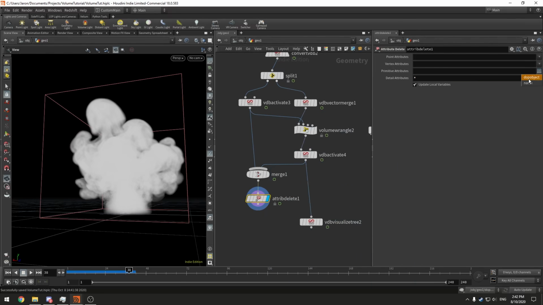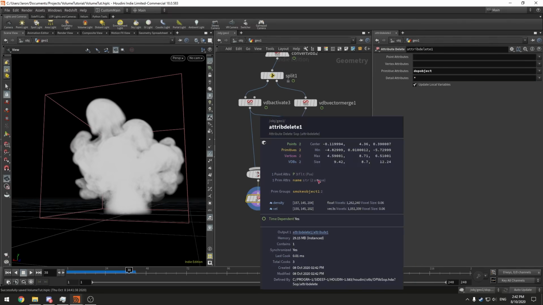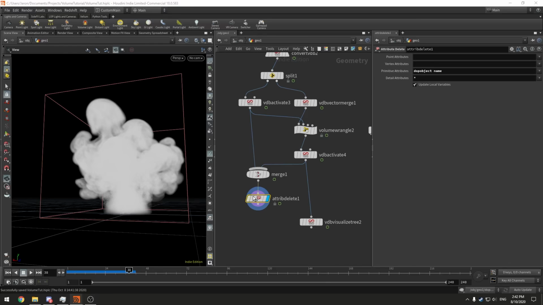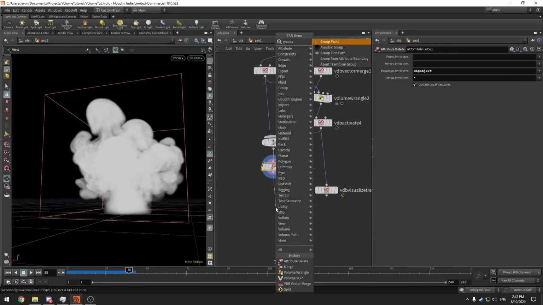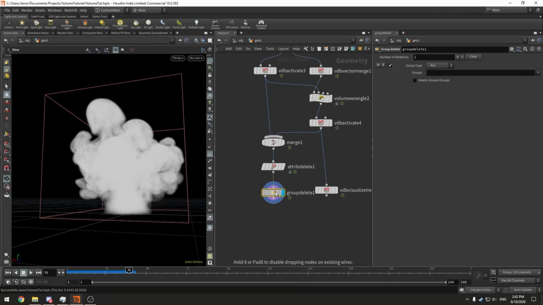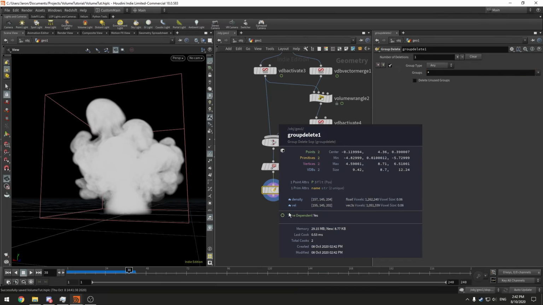Now we can get rid of the dot object name, but we need to keep the name object. If I turn off the name, there's going to be 0 and 1. We don't know what these are. So I'm going to keep the name attribute, and then we just need to get rid of the group. Delete. So I'm just going to get rid of all of them, so I don't need any. And now we have two very small